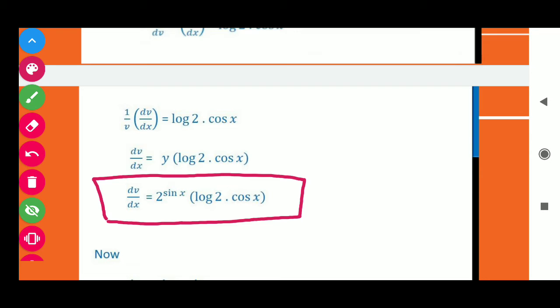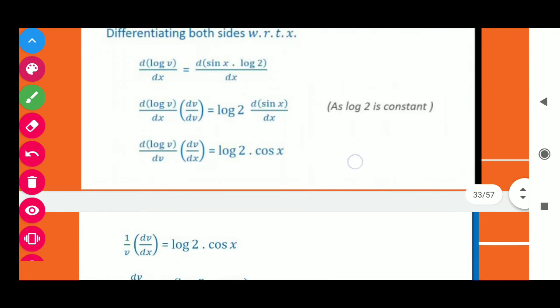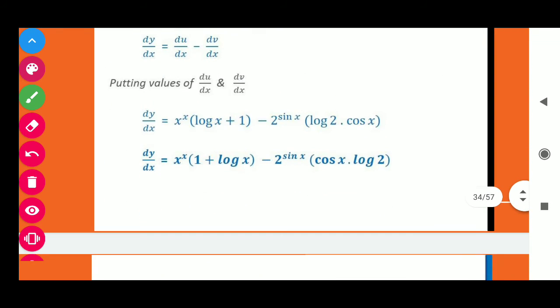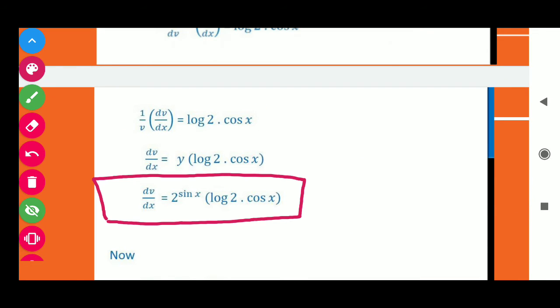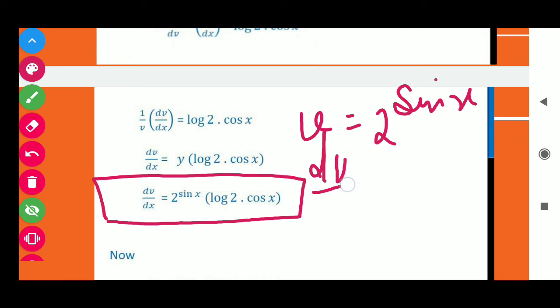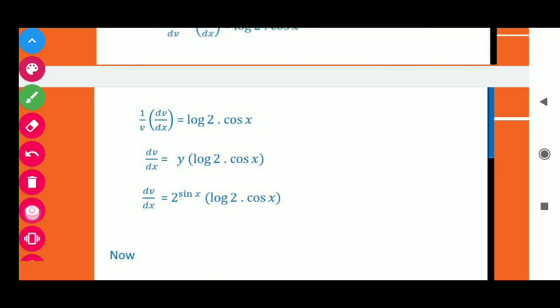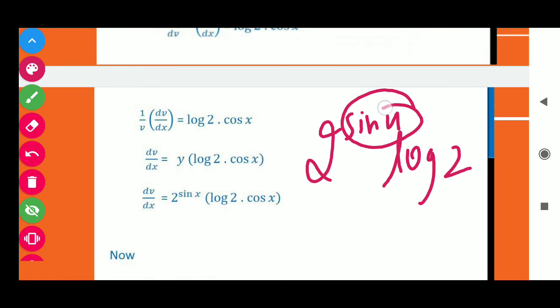So students, you can see from here that the alternate method I was just telling you was easier. As you can see, we have to take the derivative of 2 raised to power sin x. So v is equal to 2 raised to power sin x, and derivative of v, dv over dx, is 2 raised to power sin x as it is, copy down, into log 2, because the formula for the derivative of a raised to power x is a raised to power x into log a. So students, if you directly apply the formula here, then you will get 2 raised to power sin x as it is into log 2. Now derivative of sin x is cos x. Then you can see that directly you will get this value.